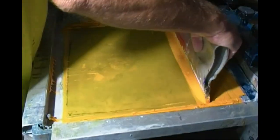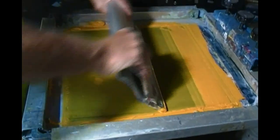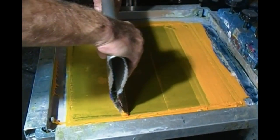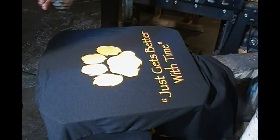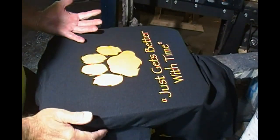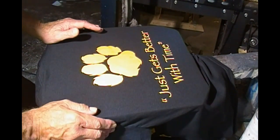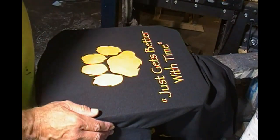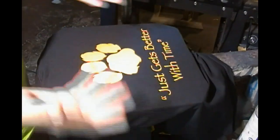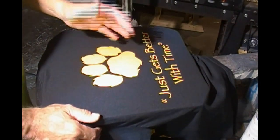So I'm going to do a couple, maybe one or two strokes with a firm stroke. Maybe I'll just get that paw one more time. And what that's going to do is lay a nice thick layer of ink down, and now it's nice and solid and opaque. And that's what I was trying to achieve. It takes a little bit more time to do it that way than it does to just go ahead and print it, but